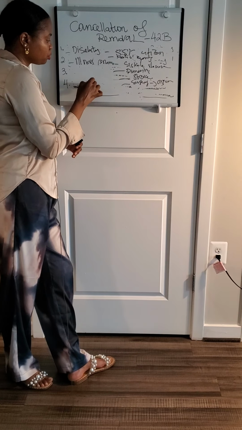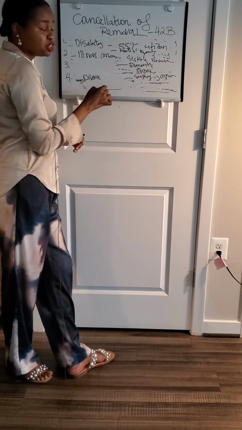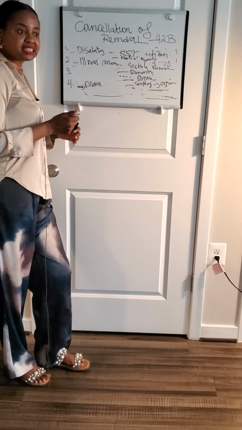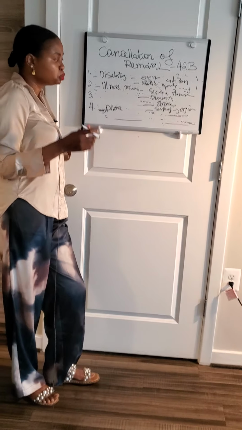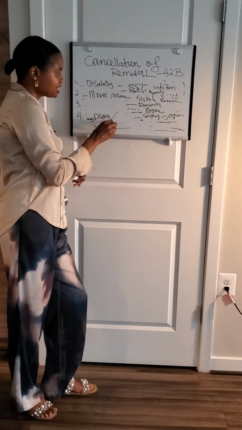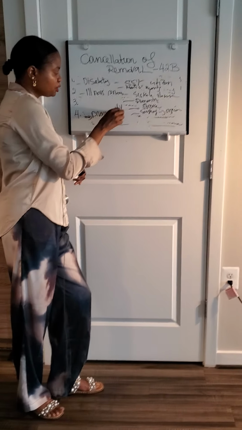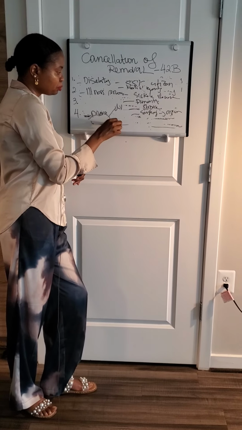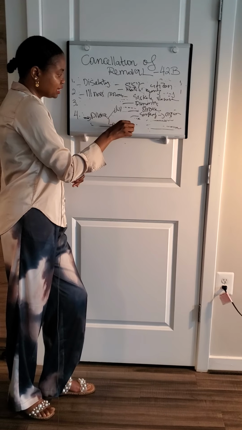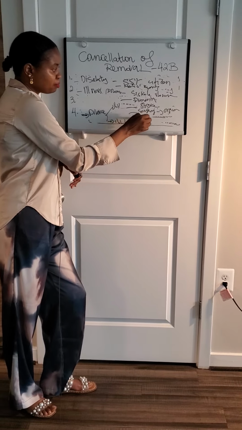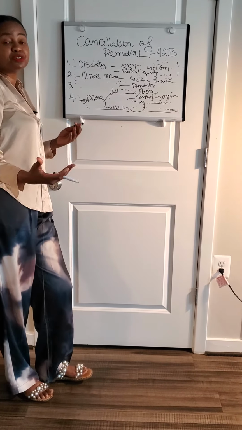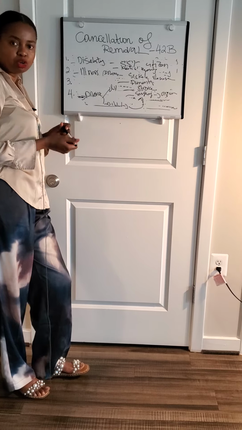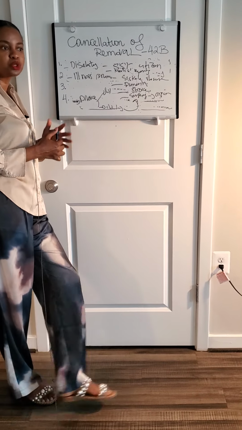So if you're talking about divorce, you have to show how it's unusual, because if you look at the statistics, a lot of people are divorced here, okay? So how is it unusual? Let's say one parent does not pay child support and you are the only one paying child support, therefore supporting the child. Yes, it can cause some type of unusual and extreme hardship. That's why you have to really have a qualified lawyer to present your case and try to win it.